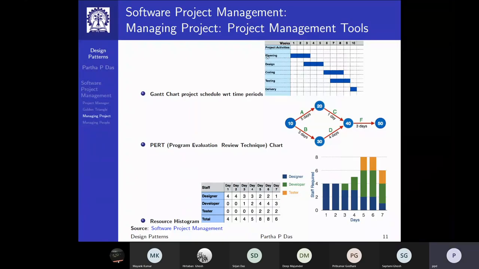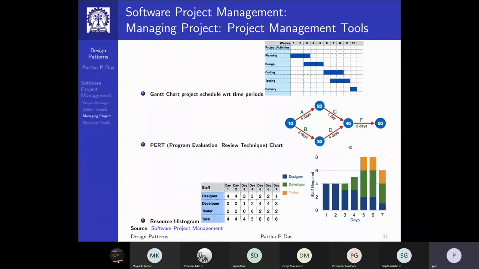So in terms of the row, it tells you when an activity starts and when it ends. And in terms of column, it says that in a given week, what are the activities that are happening. There could be dependencies between them, which are shown as arrows, not shown in this diagram, that this activity can start only after that activity has ended, and so on and so forth.